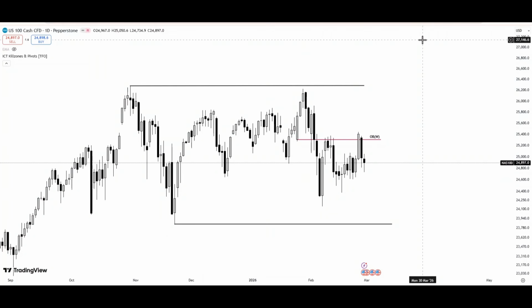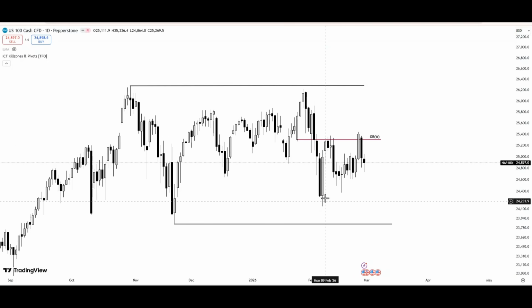So let's look at the daily time frame. If you look at the daily time frame, you can see the range is so clear. You can see price is stuck between this range high and this range low. At some point, we had all this move. I thought price would get to this high, but it did not. Instead, it just took out liquidity for these highs here. And so far, this is what we have.